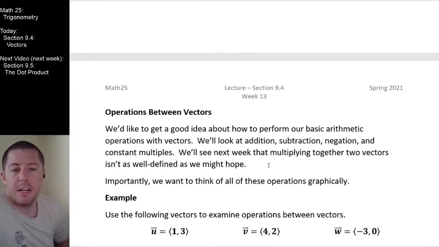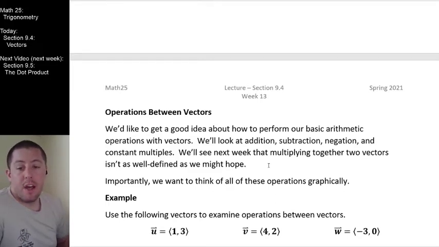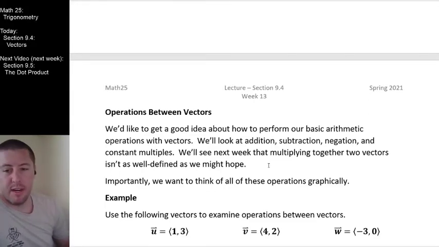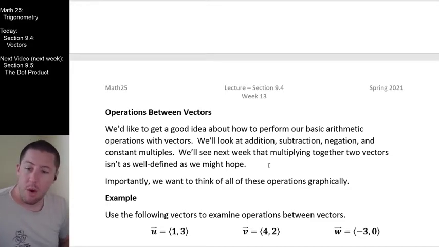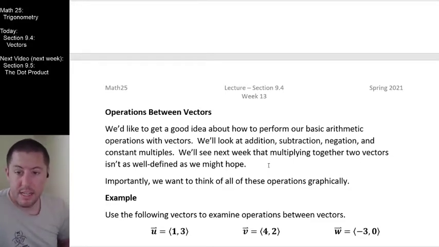What we'd like to do is get a good idea as to how to perform our basic arithmetic operations with vectors. We're going to look at addition, subtraction, negation, and constant multiples here. You should notice that the things that are missing from that list are things like multiplication, division, and exponentiation. And what we're going to see is that those operations are not as well defined with vectors as they are with scalars. We're going to need to go into matrix land to talk about what it means to do this type of multiplication,